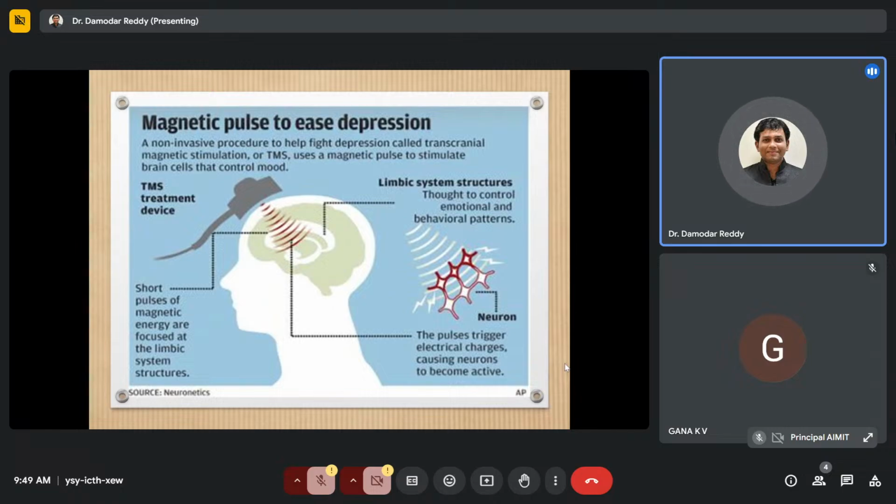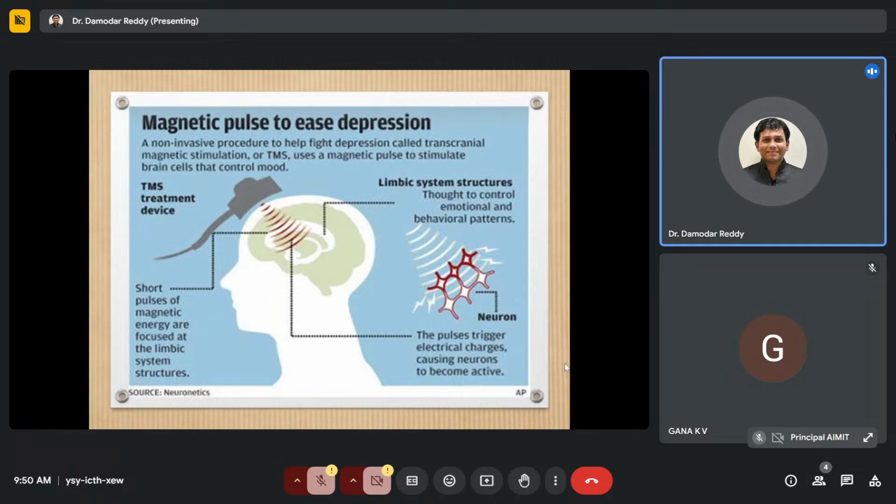So normally what happens is that a group of electrical charges are created or triggered by pulses from this TMS treatment device, and those electrical charges cause the neurons in the region where it is used to become active all the time. And you may ask, there are some challenges with this type of TMS. There are some side effects also, and they are focusing only on the top limbic structure of the human brain. They may not reach the interior part of the human brain, and the effect or influence may not be permanent for that reason.